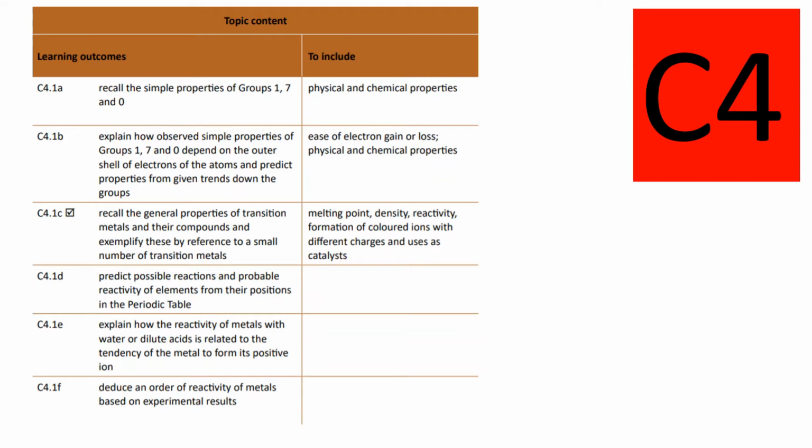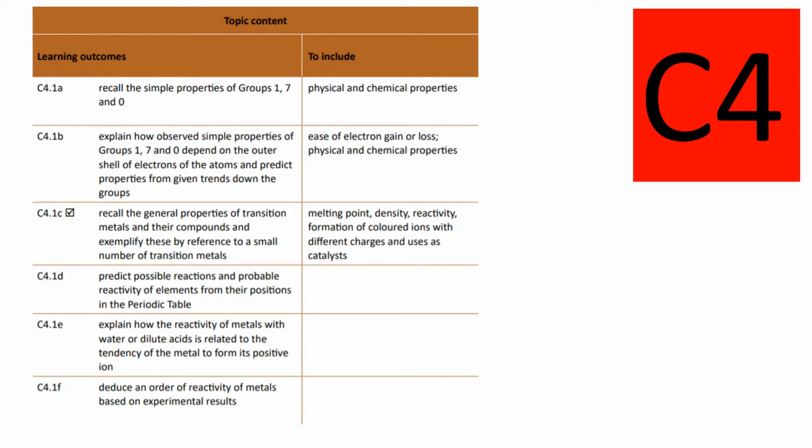Alright, so this is C4. Learning outcomes. Recall the simple properties of groups 1, 7 and 0. Explain how observed simple properties of groups 1, 7 and 0, 0 meaning it can also be group 8 or group 18, depend on the outer shell of electrons of the atoms and predict properties from given trends down the